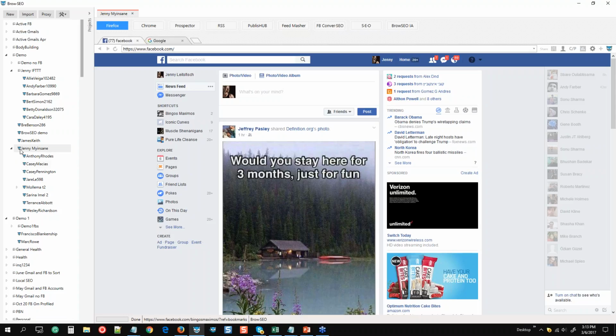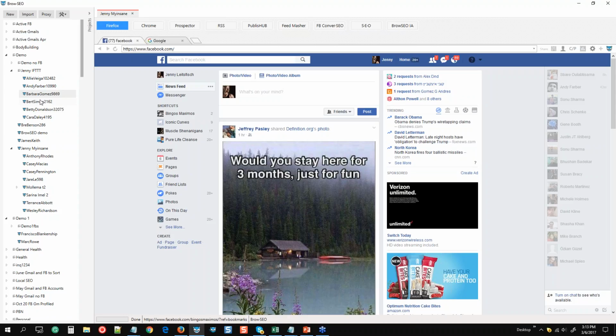I've separated all of these profiles visually, so that whenever Jenny is going to share something, I'm going to use these profiles over here, and this profile, and this profile on the left-hand side, to like and share and boost up the posts, the Reddits, comments on a blog post, Facebook posts, Facebook comments,